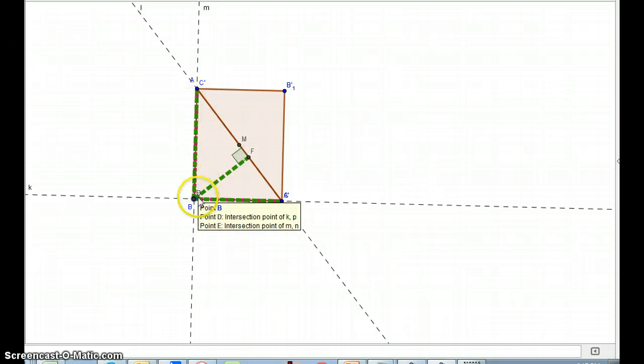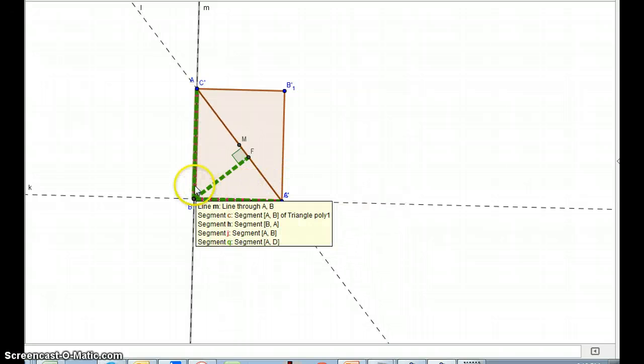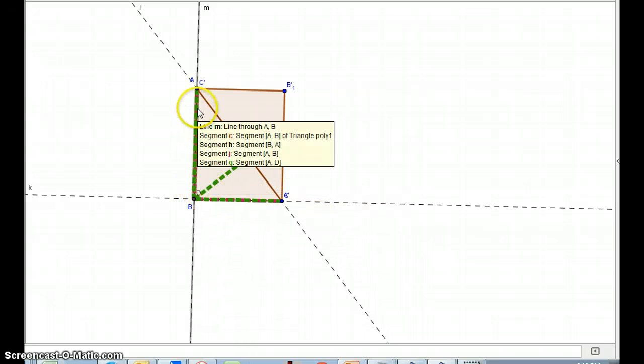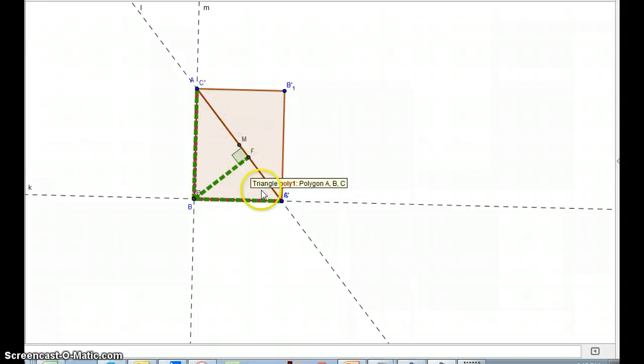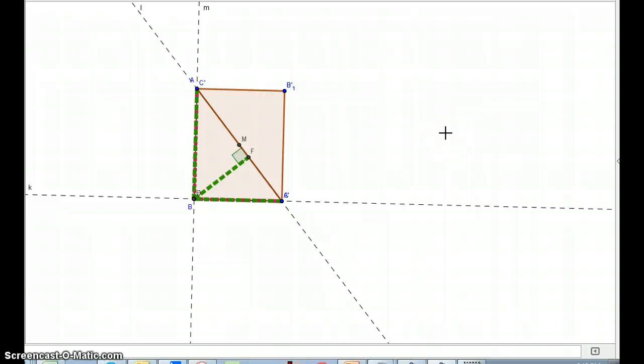We started out with a right triangle. So the copy is also a right triangle. We also know that this angle here at BAC is a copy of this angle here, and this angle here is a copy of this angle here. Because this triangle is already 90, we know that these two angles in the right triangle are acute, and their copies must also be 90. So we know we have a rectangle here,